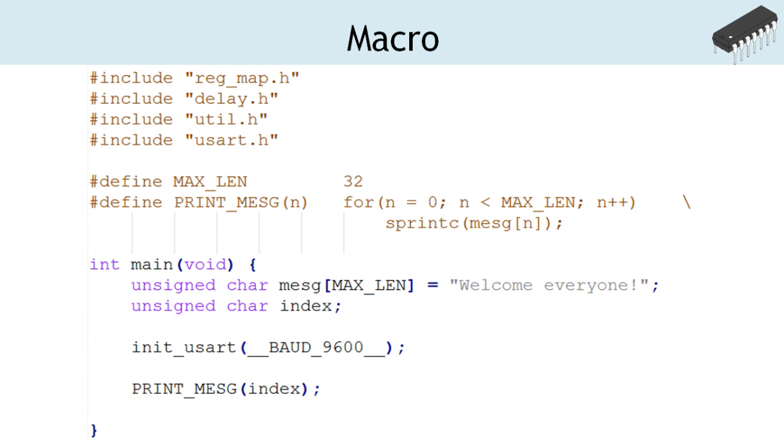Macro is defined in a similar way. A macro in C is a single identifier that identifies an expression, statement, or group of statements. Macro sometimes resembles a function. As shown in the code, the macro print_message accepts an argument n which is used as the loop counter in